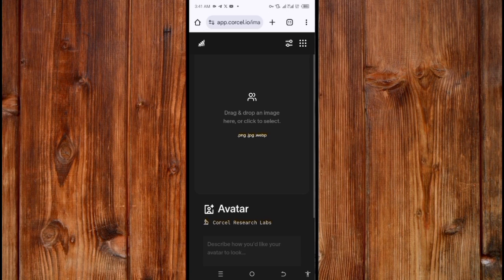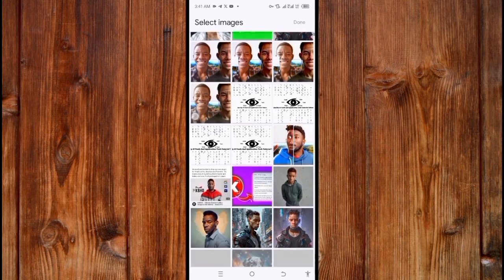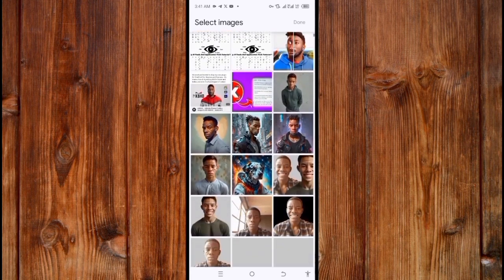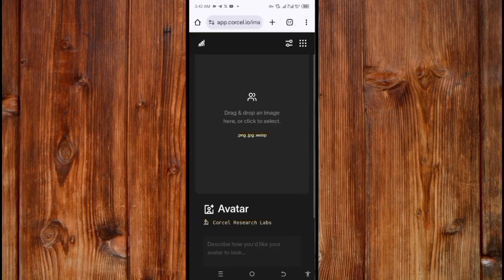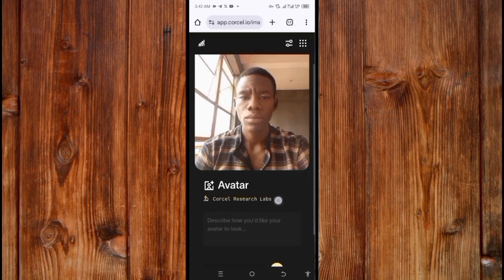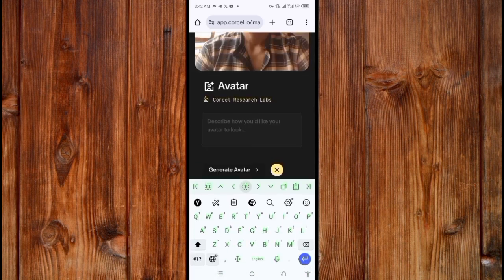Now here, click on this drag and drop an image here. Now select the photo you want to turn into an avatar by clicking on it. Now click on done here. Now click on this description here. Now type in how you want the avatar to be. Here I will use realistic